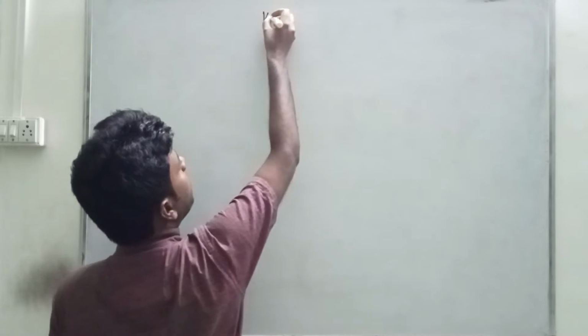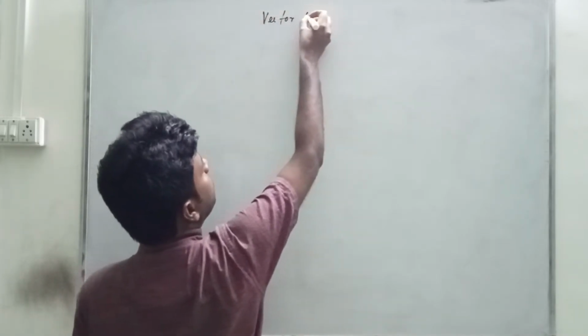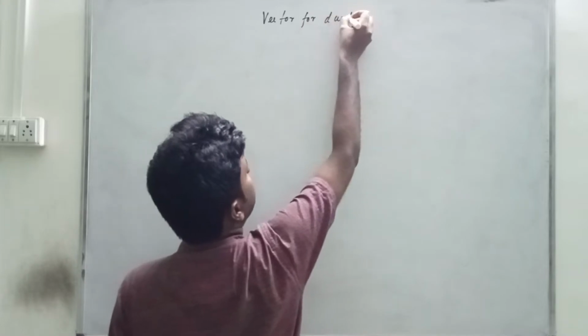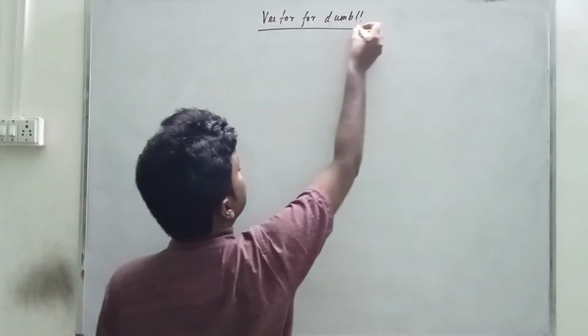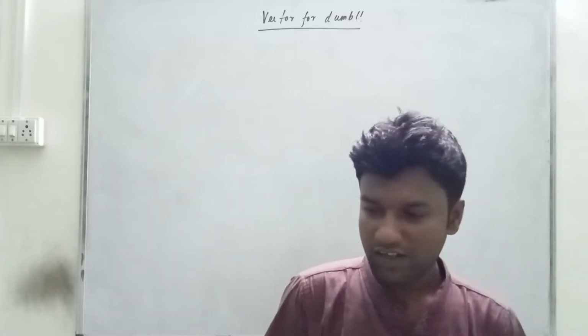Hi. Okay. So it is our next lecture in the lecture series Vectors for Dumb, right? These are the next part, part number probably 8. Vectors for Dumb, part 8. Okay. So as I had introduced in the previous lectures, the algebraic representation of the vector, how to